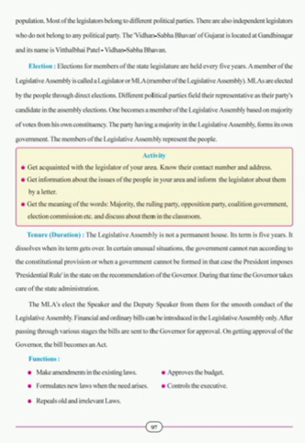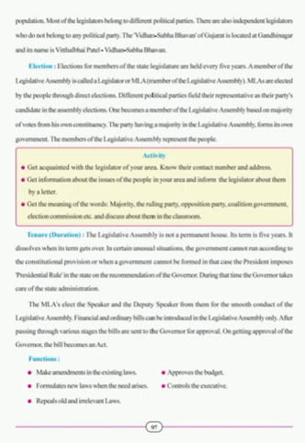Members of the Legislative Assembly are elected by registered voters of the state aged 18 years or above, by a secret ballot. Elections for members of the state legislature are held every 5 years. A member of the Legislative Assembly is called a legislator or MLA, member of the Legislative Assembly. MLAs are elected by the people through direct elections.